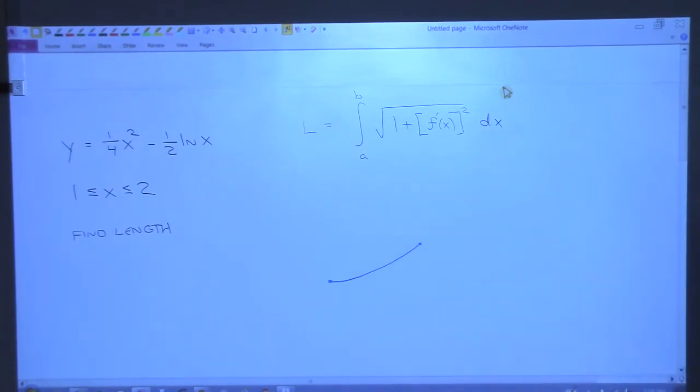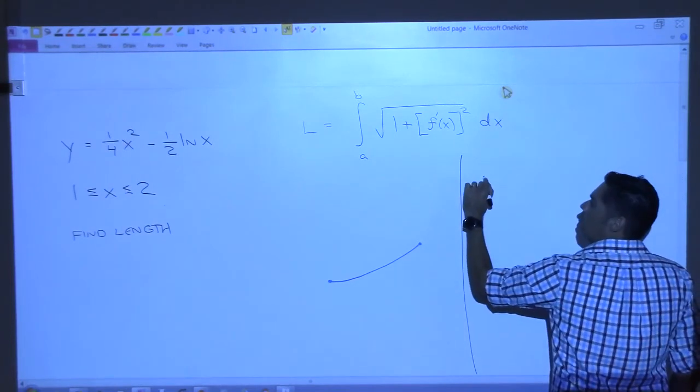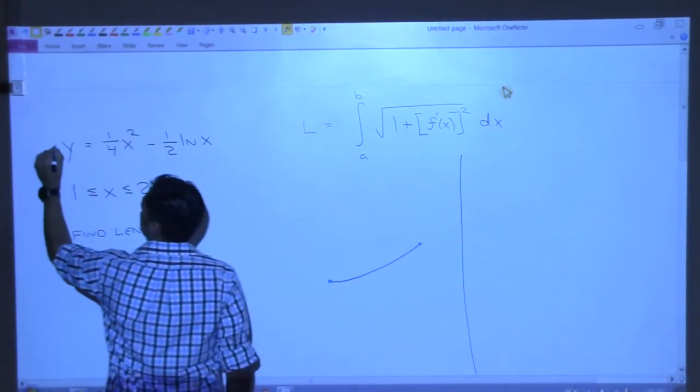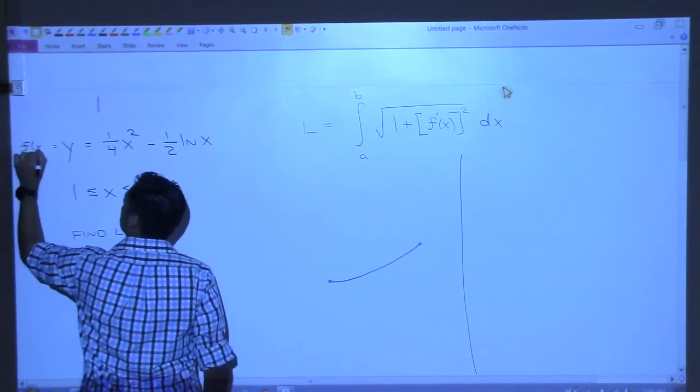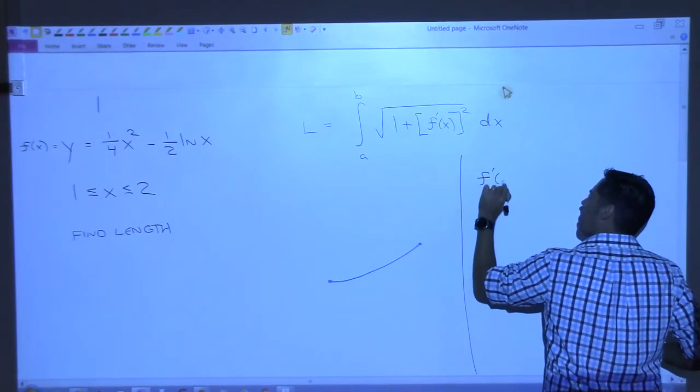So we're going to need to find the derivative, then square it, then add 1, then see if we can integrate that. So let me do that over here. Well, we never called this f, right? I'll just come over here. I'm going to call that f of x, all right? So f prime of x is,